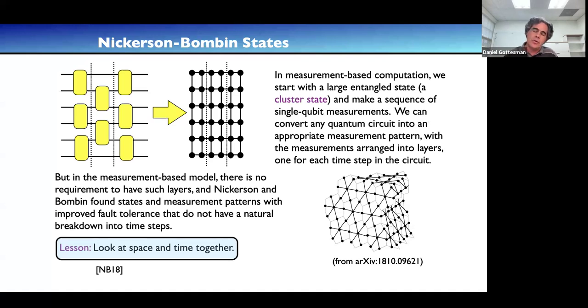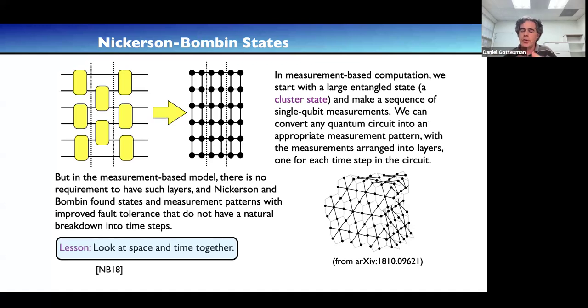In fact, if you start with circuits that only involve the Clifford group, which is what you need for most fault-tolerant computations, like error correction procedures with stabilizer codes, then for a Clifford group computation all the measurements can be simultaneous, or they can be in any order. It doesn't matter.